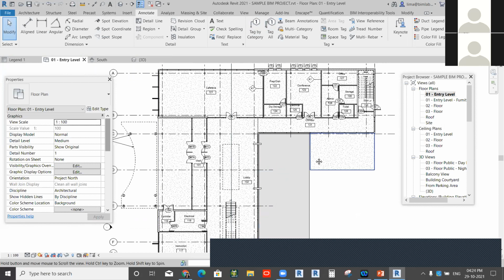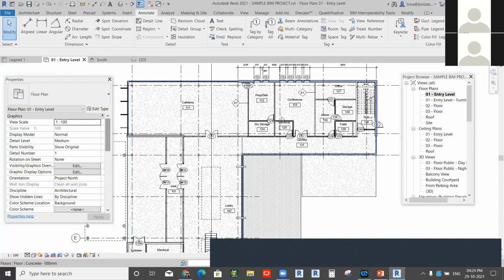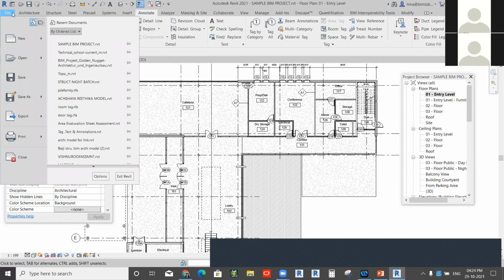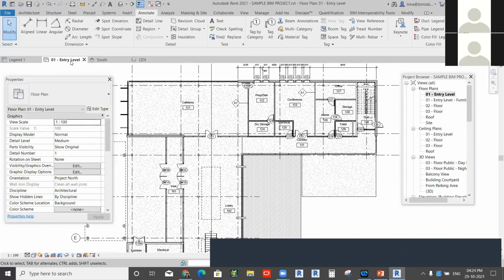The important stage and a very important method is creating your own tag. The majority of your tags will be saved or created by family. The procedure will be the same for everything: room tag, door tag, window tag, whether it is creating a new type of section head, level head, anything. Go to File, New, that's Family.